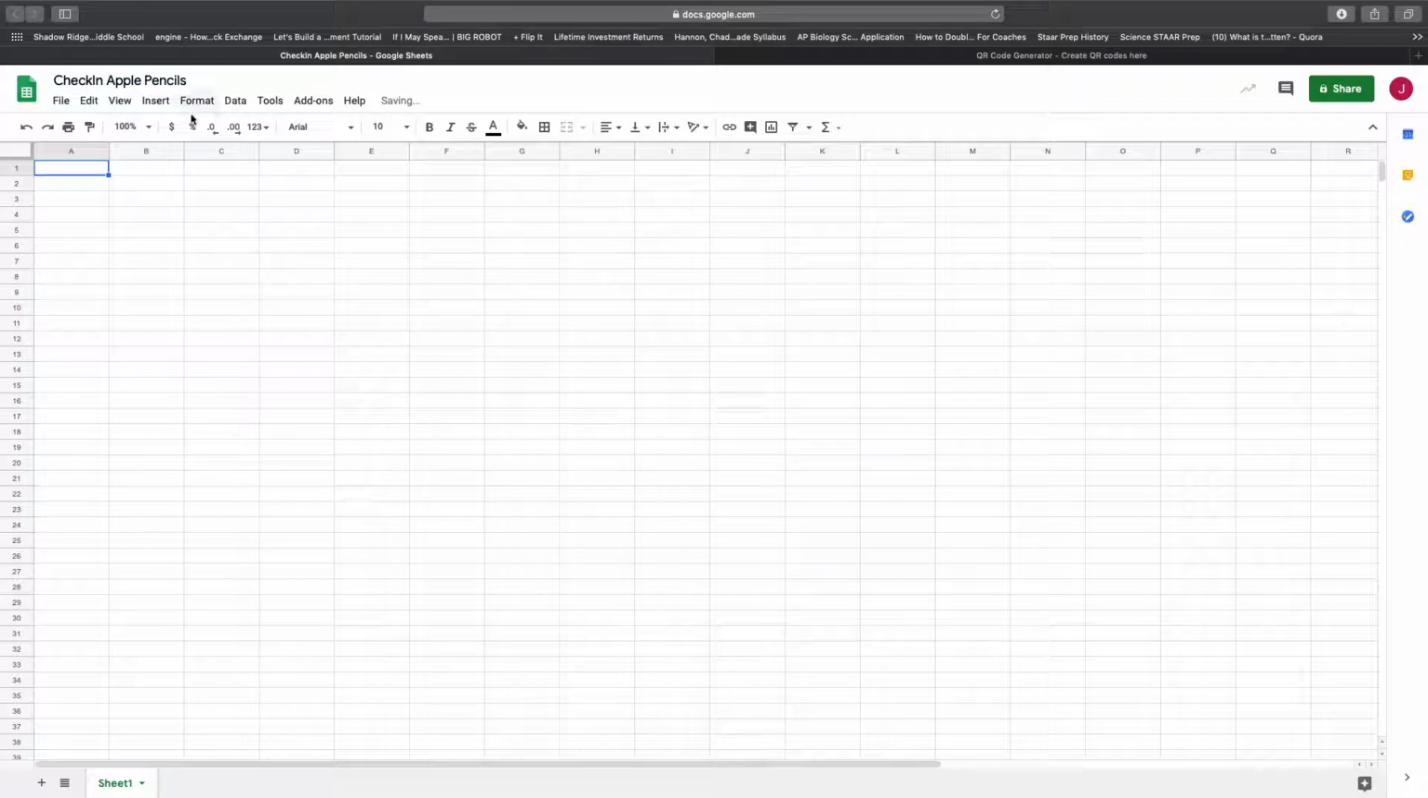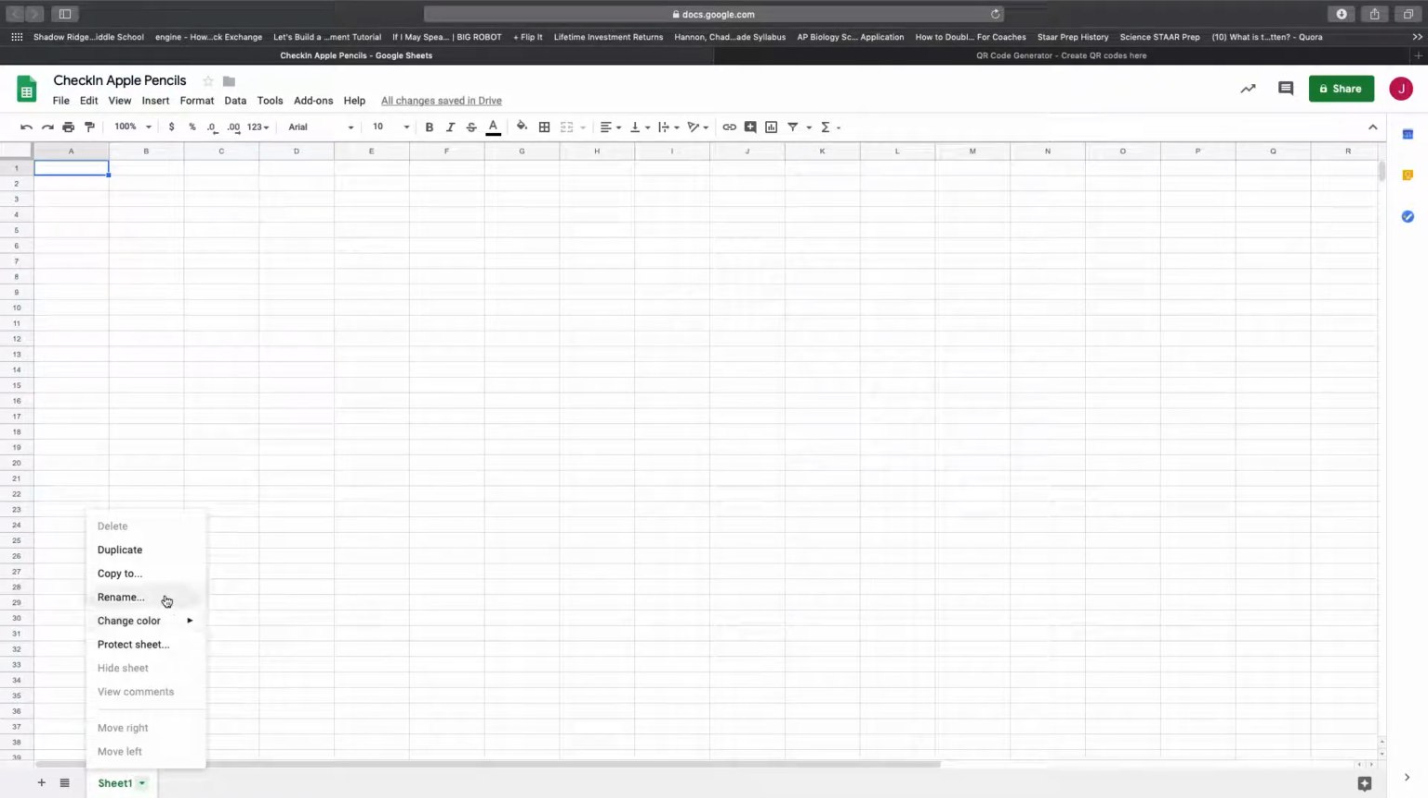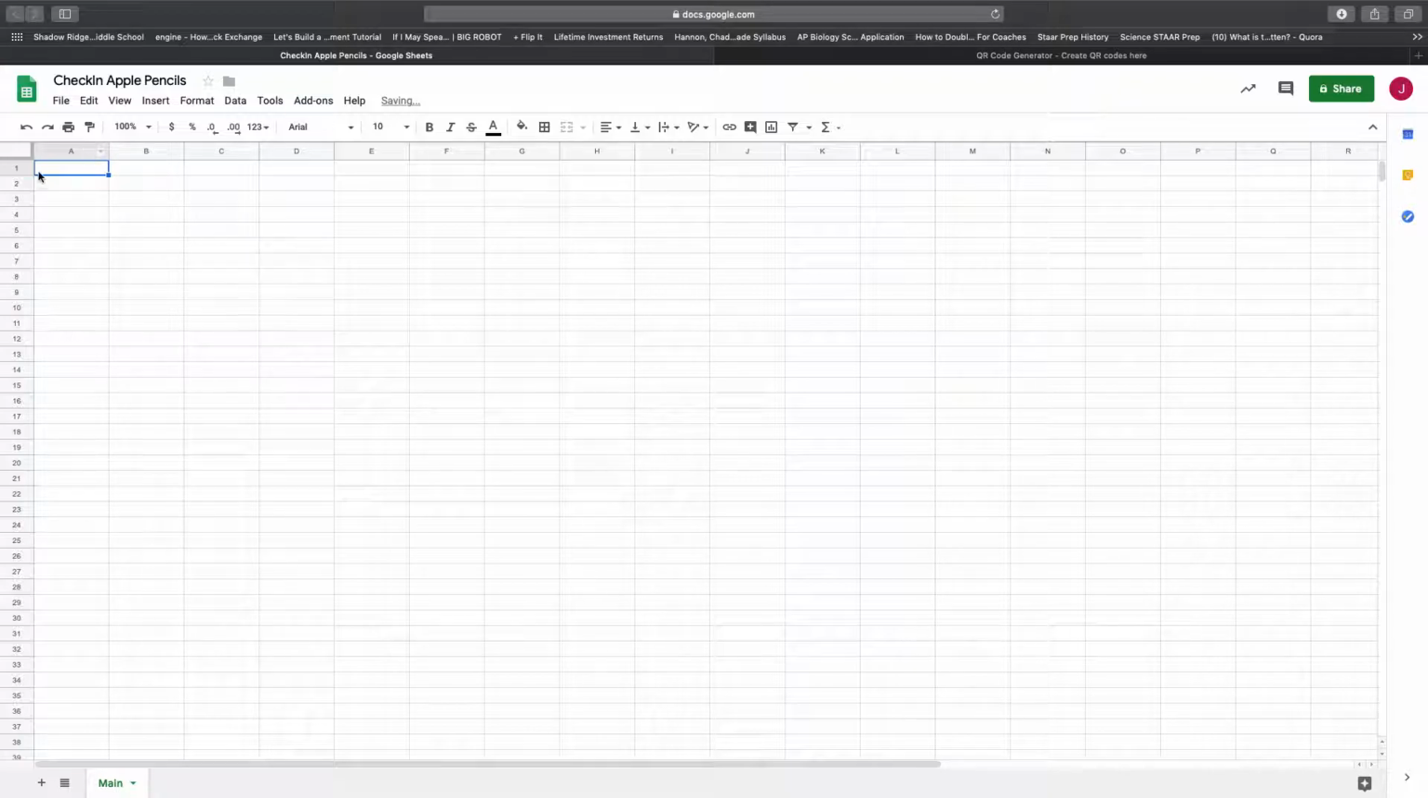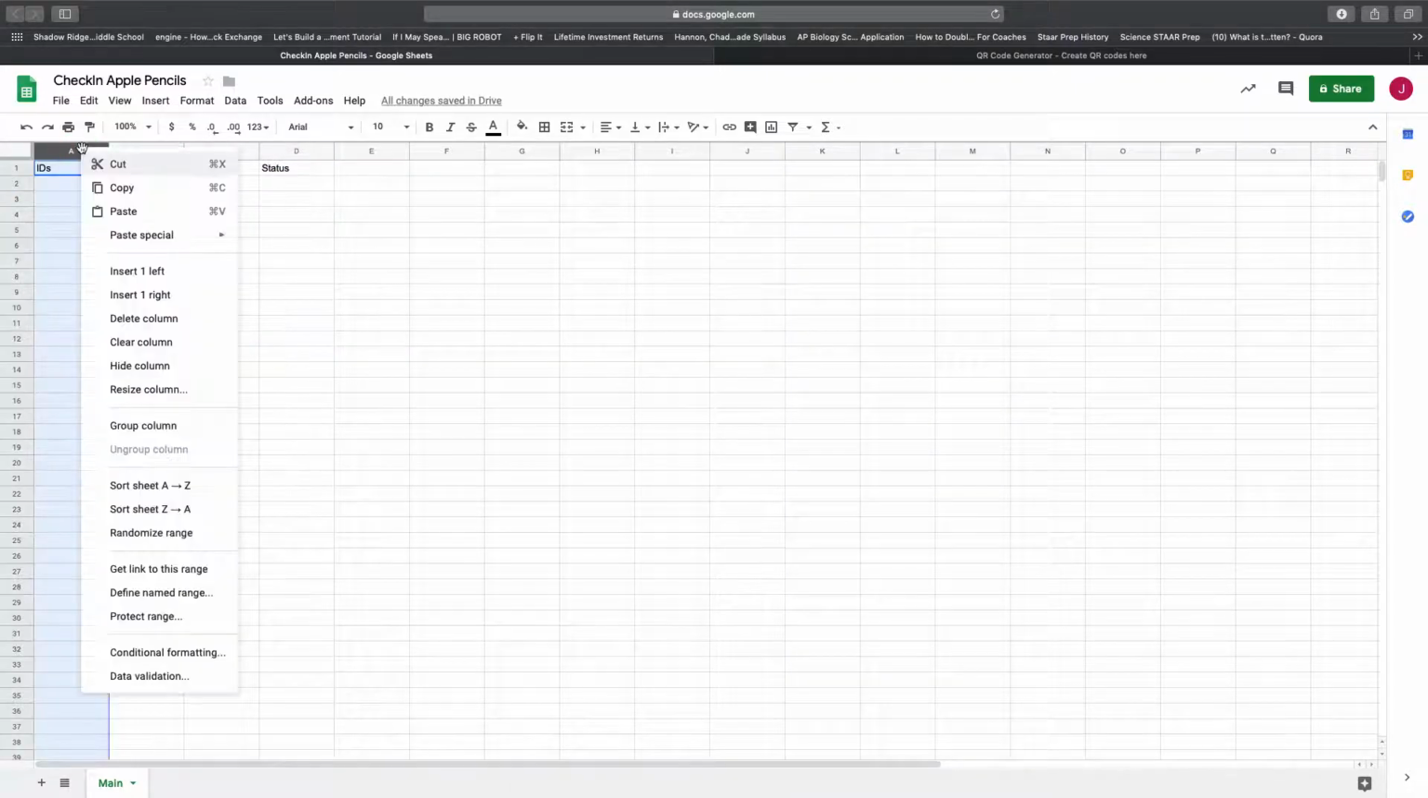Now the first sheet we have, I'll just rename it to main. It doesn't really matter what it's called. I'm going to make 3 columns. One column will be called IDs. One column will be called Check Out. One column will be called check-in, or actually 4 columns, and one column will be called status. Now, actually, let's add one more column and let's name it